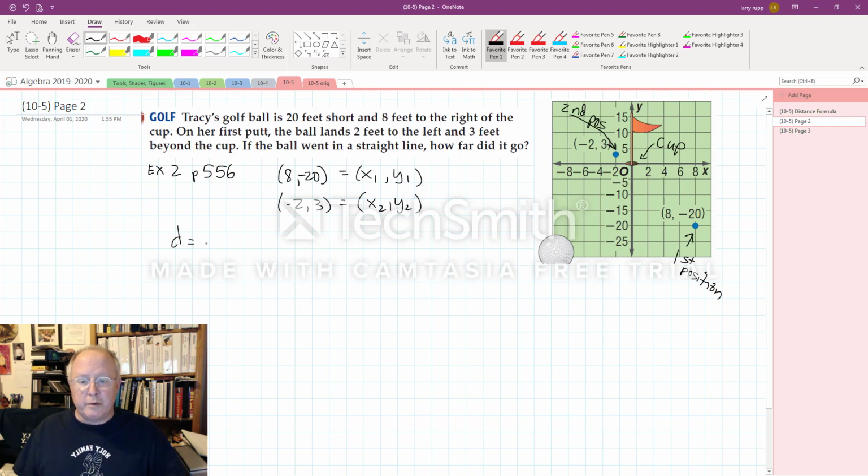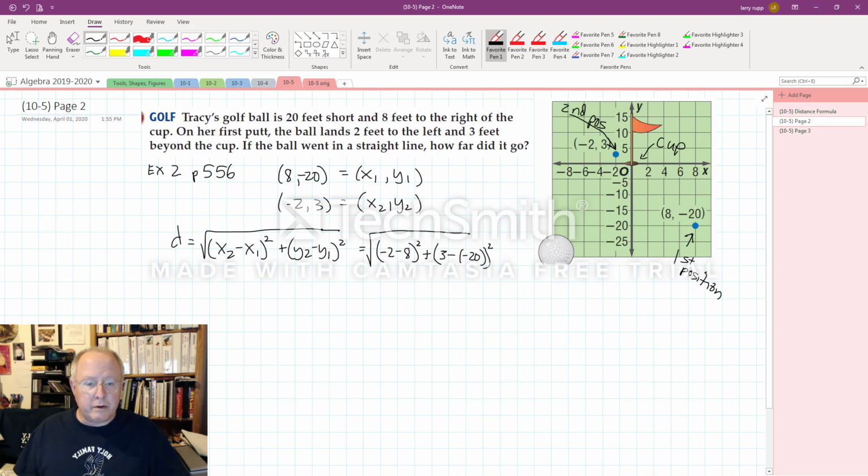And then we have our distance formula: the square root of x2 minus x1 squared plus y2 minus y1 squared. Okay, and that becomes the square root of x2, which is negative 2, minus x1, which is 8, squared, plus y2, which is 3, minus y1, which is negative 20,